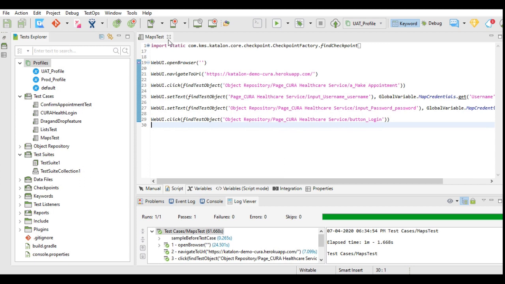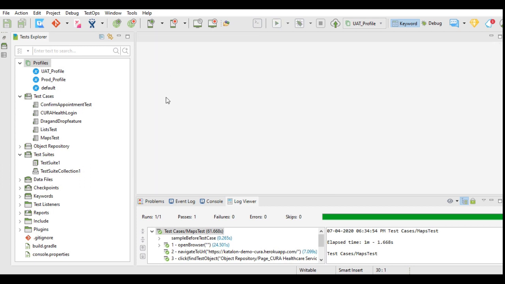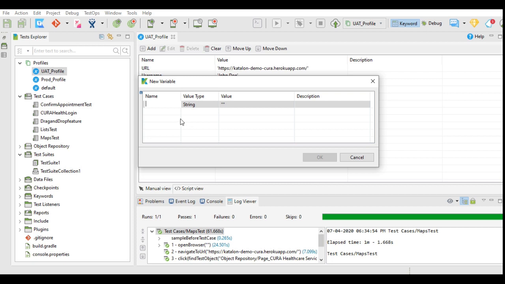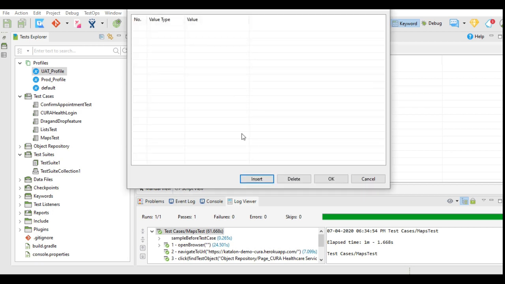Now let's see how to use a list variable. I will close this. I will go to my profile again. I will add a list variable. I will give the name to the variable as list credentials. I will change the value type to list. Then in the value, again I will insert.